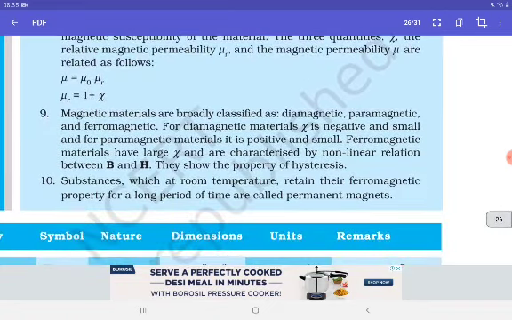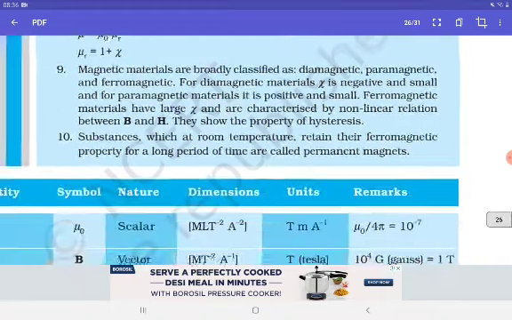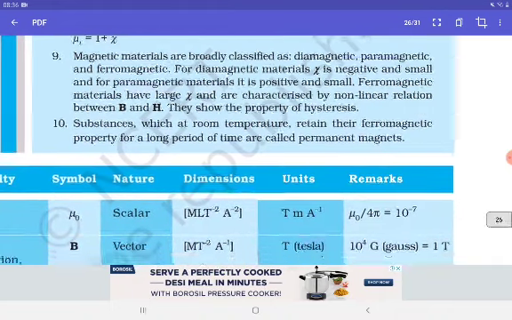Ninth one is, magnetic materials are broadly classified as diamagnetic, paramagnetic, and ferromagnetic. For diamagnetic materials, χ is negative and small, and for paramagnetic materials, it is positive and small. Ferromagnetic materials have large χ and are characterized by a non-linear relation between B and H. They show the property of hysteresis. Tenth one, substances which at room temperature retain their ferromagnetic property for a long period of time are called permanent